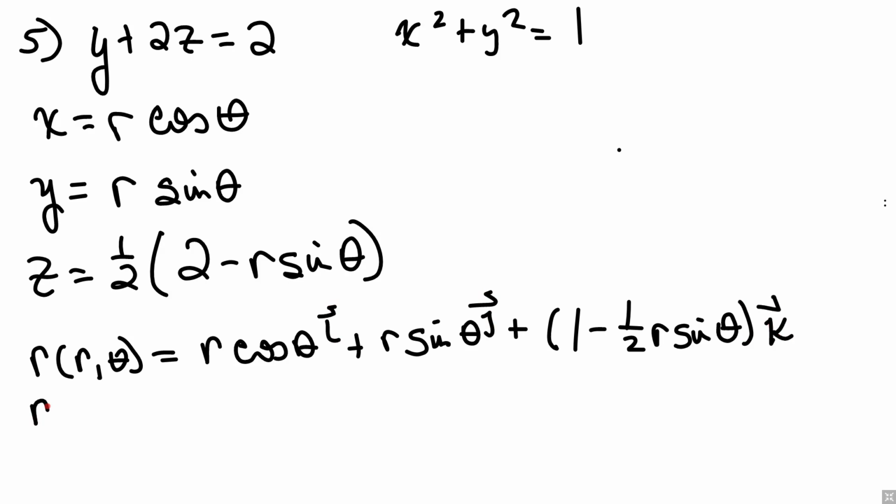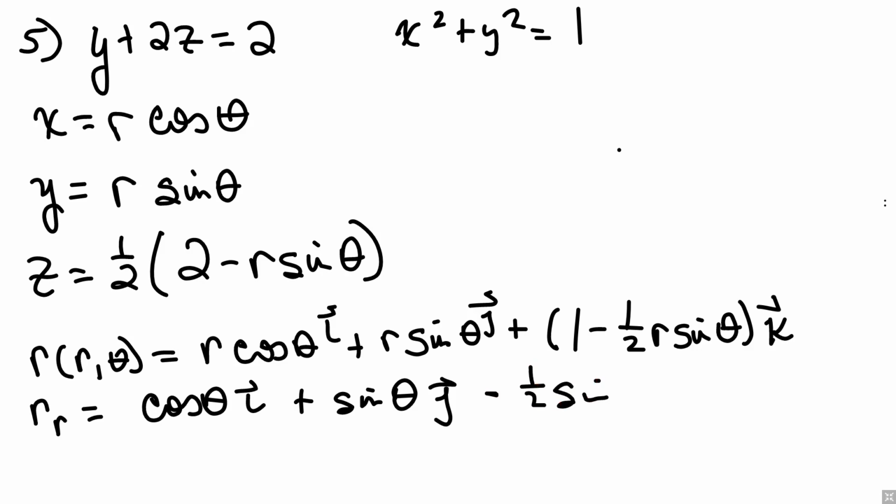Okay, so if we do the partial with respect to r, we're going to have cosine theta i plus sine theta j minus 1/2 sine theta k. Okay. If we do the partial with respect to theta,